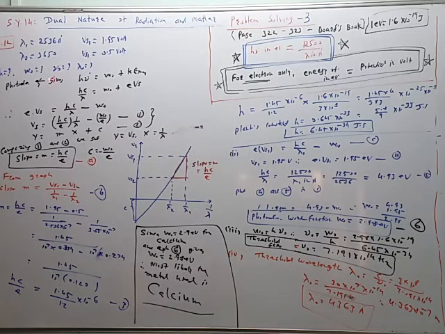So the photoelectric equation is given by h nu, incident energy, is equal to W0, work function, plus K max. This K max is also given by e into Vs, where Vs is the stopping potential. Nu is replaced by c upon lambda. So the equation becomes h into c upon lambda is equal to W0 plus e into Vs. I have arranged the equation, W0 will become minus on the other side. So e into Vs is equal to h into c upon lambda minus W0. Again, on the left hand side we want only Vs.